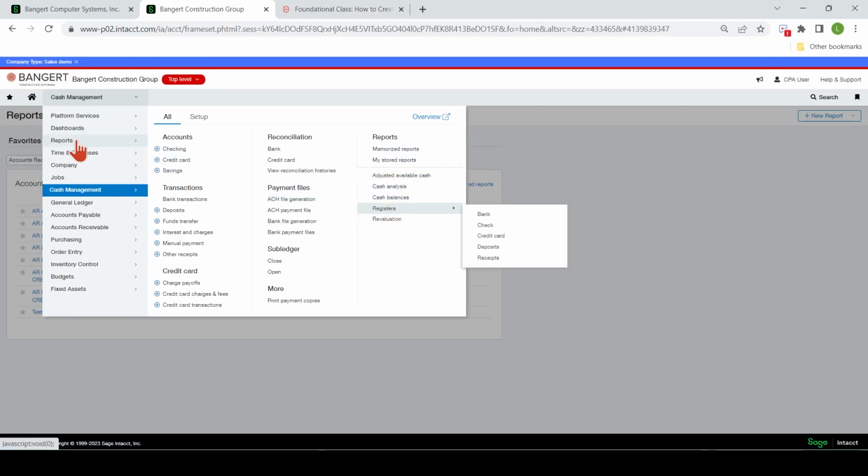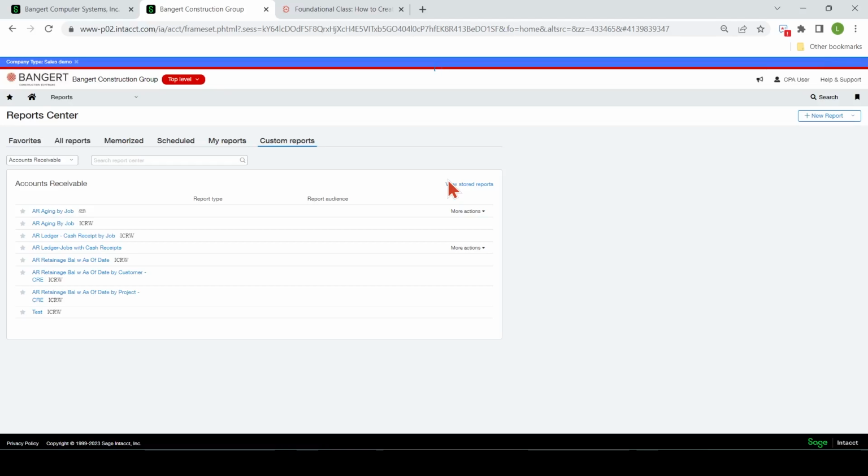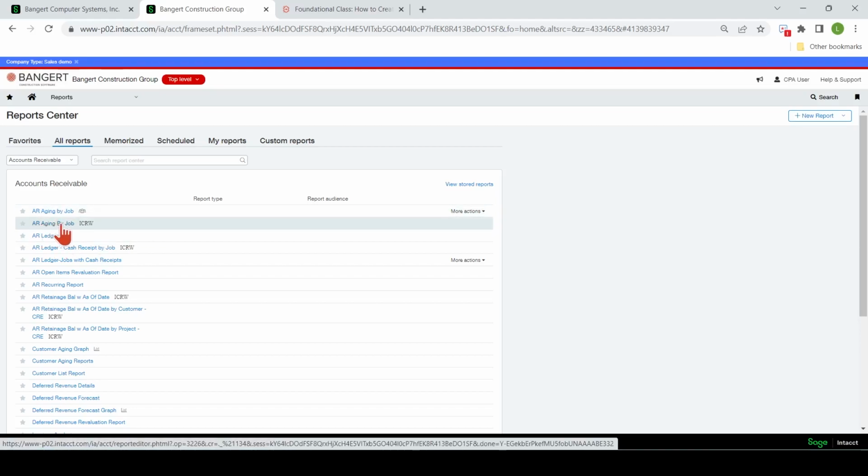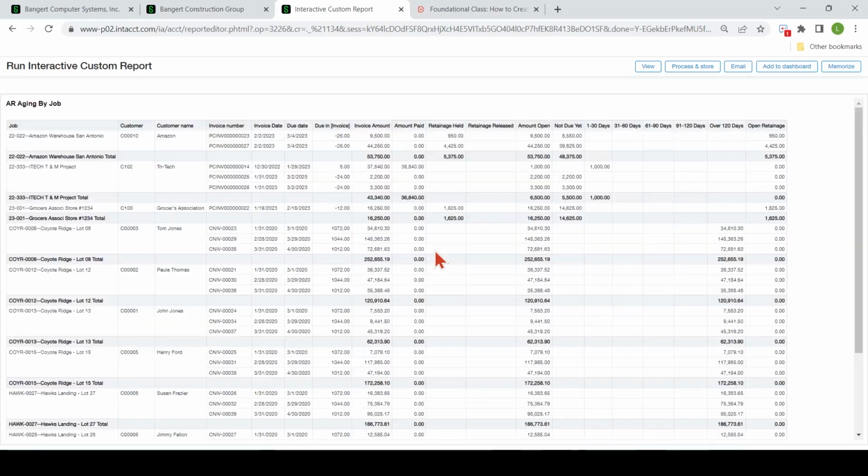Let's go over here to the report center and go over some commonly used reports for the construction world. One commonly used report is an AR aging by job. If we click on this, you can see it pulls up your job numbers on the left.